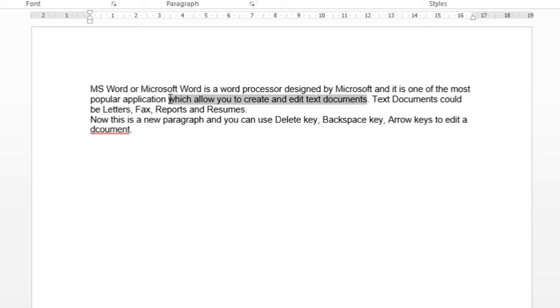Only after selection you can do the cut and copy command. Once the selection is not required, you can just click the mouse pointer anywhere in the document, or you can just press the arrow keys without holding the shift key. That will deselect the text.